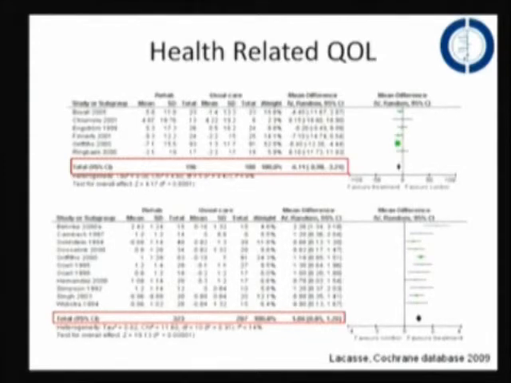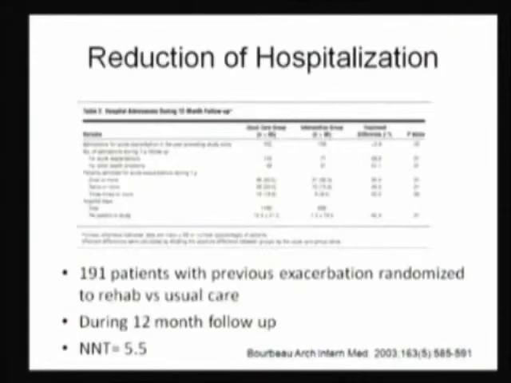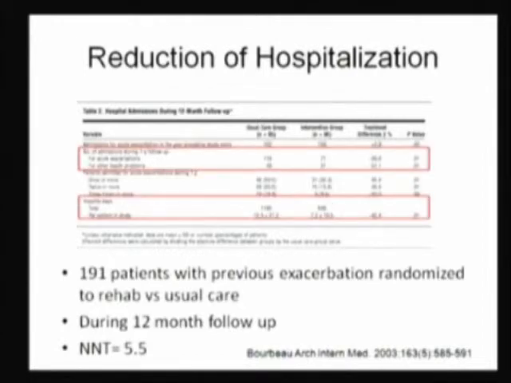So the patient is able to walk more, the patient feels better, and how about hospitalization? The evidence comes from this and several other studies. This is a randomized controlled trial of 191 patients. These patients had an exacerbation within the last year, and patients who were randomized to pulmonary rehabilitation had less hospitalization over a follow-up of 1 year, 12 months, and it was statistically significant. They spent less hospital days, so they spent less time in the hospital. They were hospitalized less, the frequency is less, and the amount of time spent in the hospital is less.